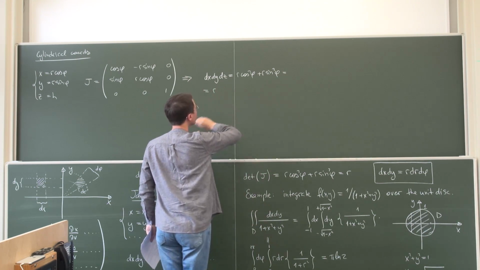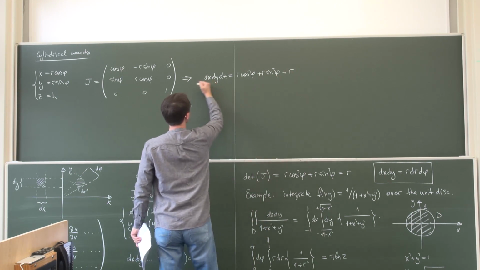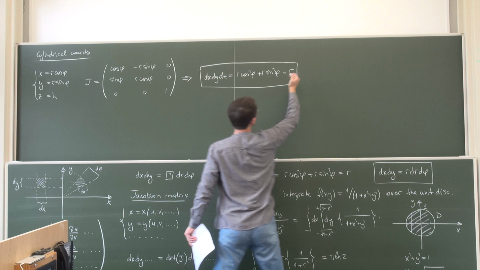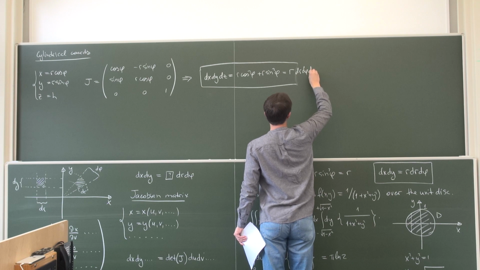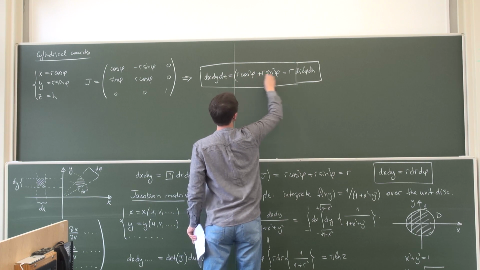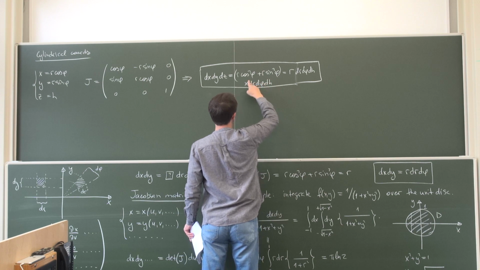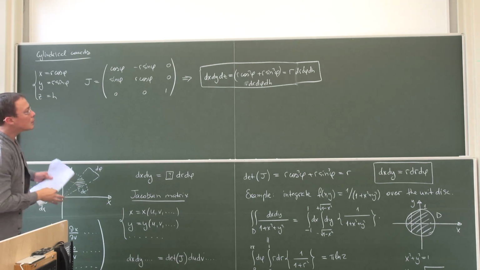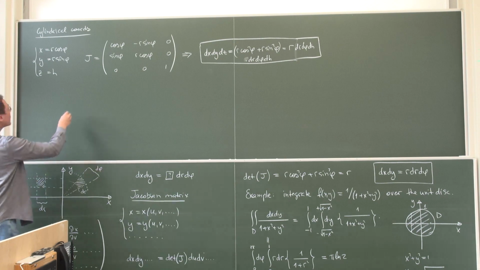It's r. This appears to be identical to the polar coordinate system. So that is also times dh. There we go. This is identical to the polar coordinates, and the reason for that becomes clear when we actually